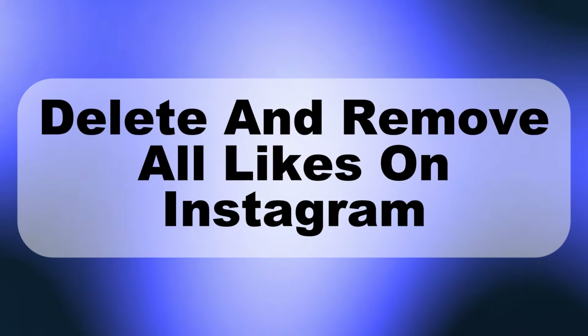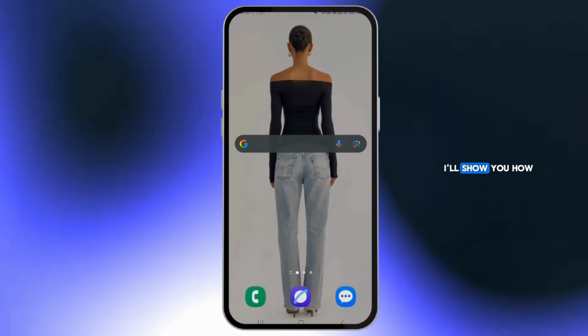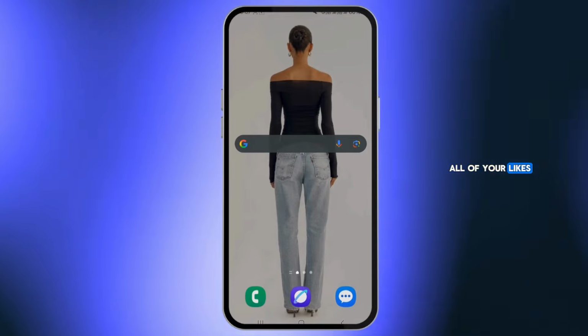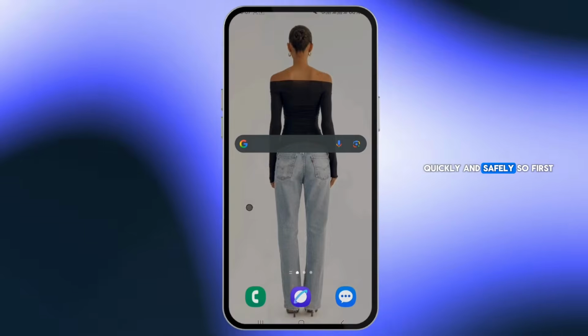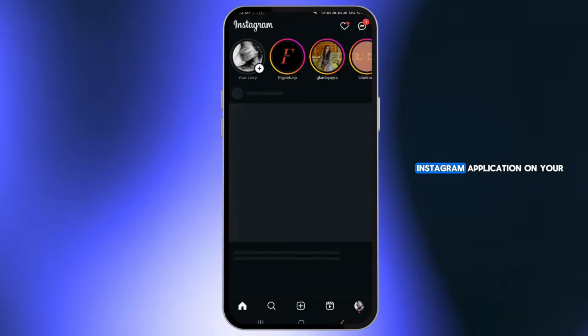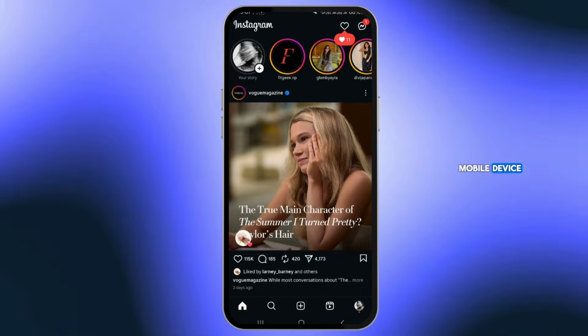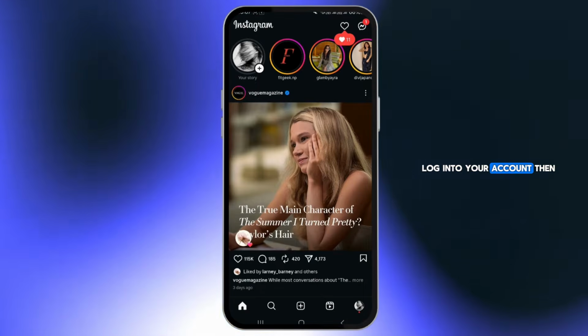Want to clear your digital footprint? So in this guide, I'll show you how to delete and remove all of your likes on Instagram quickly and safely. So first, go ahead, open your Instagram application on your mobile device, log into your account, then tap on